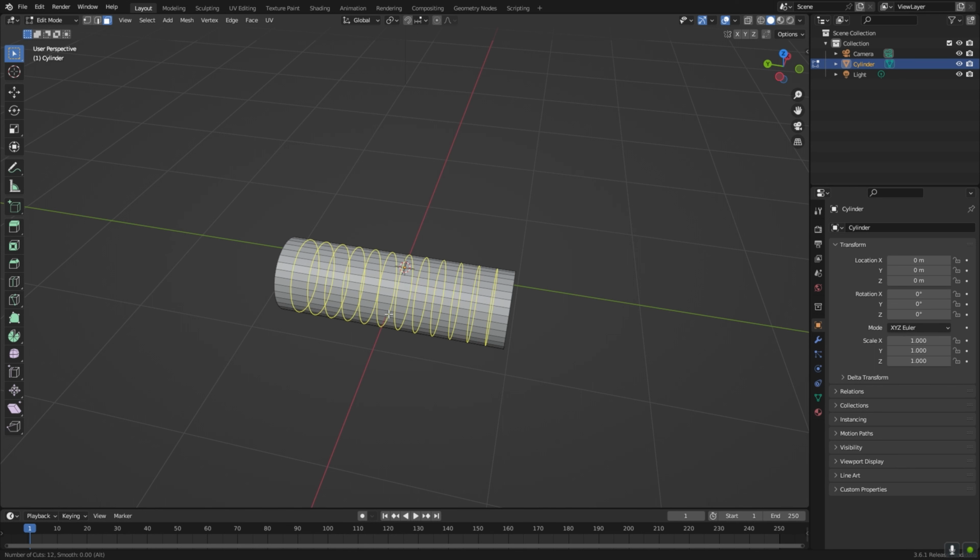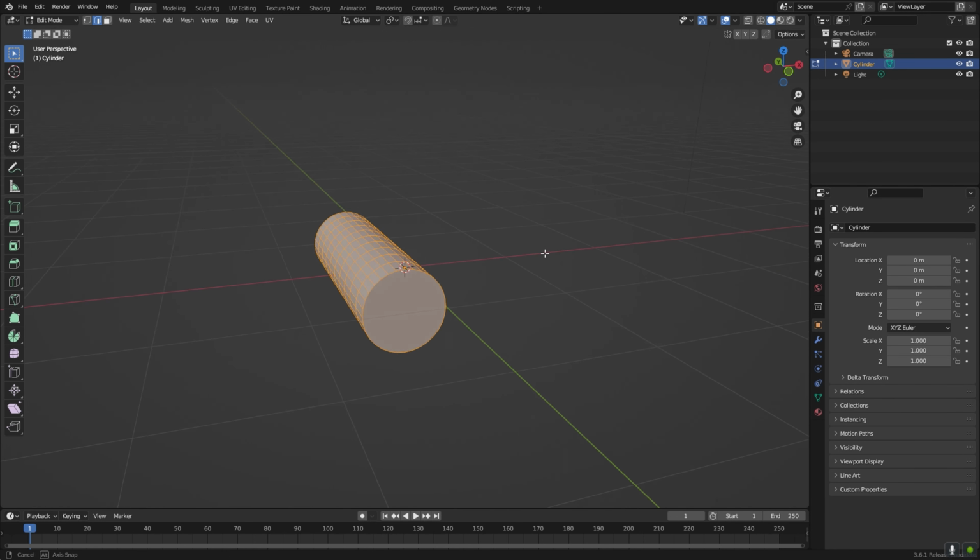This is making a loop cut, and basically when the wire bends, these are gonna be like the edges that it bends on. If you don't know what I mean by that, I'll show you later in the video. Now, if it looks good, you can hit Enter on your keyboard twice, and then